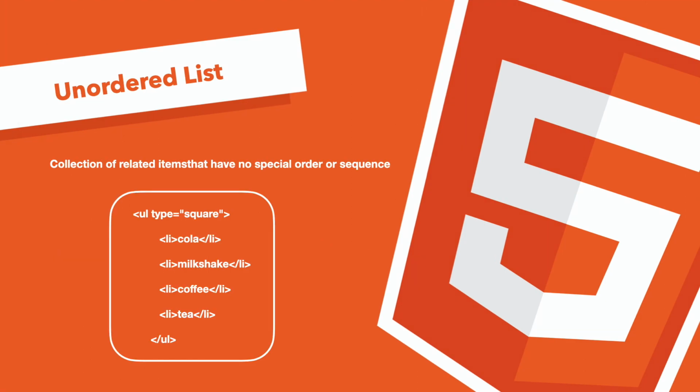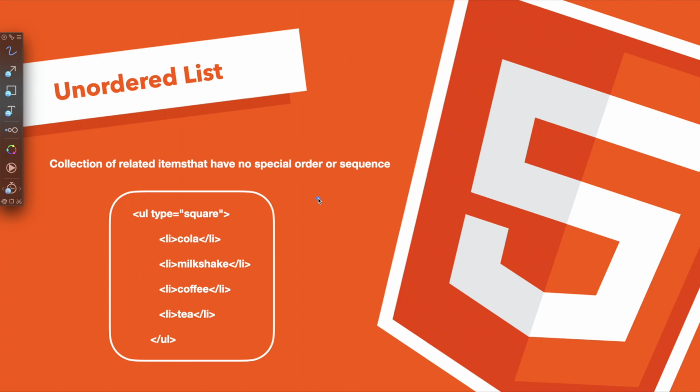An unordered list is a collection of related items that have no special order or sequence. For example, if we want to make a list of vegetables that we want to shop, then we can use an unordered list for that. This list is created by using the HTML UL tag, where UL stands for unordered list. Each item in the list is marked with a bullet, which is done by using the li tag. You can use the type attribute for the UL tag to specify the type of bullet you like. We'll see that in a minute.